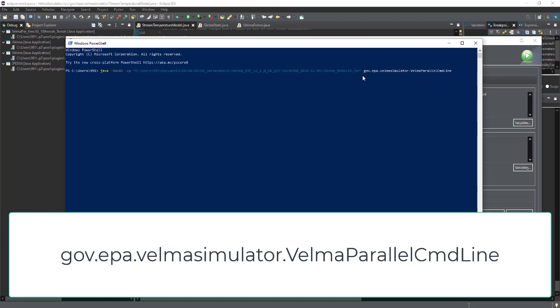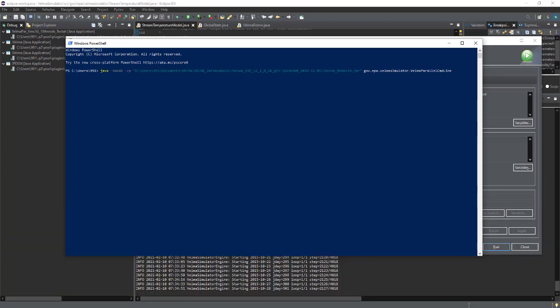So for doing this type of work, this varied resolution, you need to run it from the gov.epa.velmasimulator, all lowercase, .velmaparallel command line. So we're leveraging Velma Parallel here. We're just doing some of the work for Velma. And uppercase V, uppercase P, uppercase C, space. And then after that, you then provide your